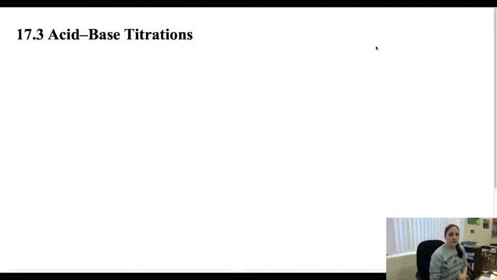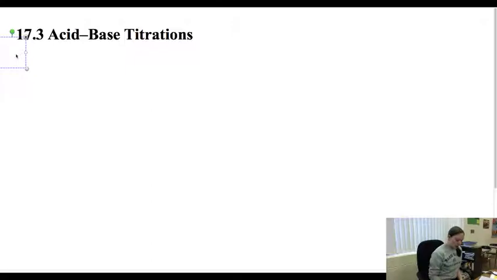Okay, this is the first part of 17.3, which deals with acid-base titrations. And we have talked about these before. Now we're going to look at them a little more thoroughly, with the difference between a strong acid or strong base titration and then a weak acid or a weak base titration. So just to kind of recap from before,